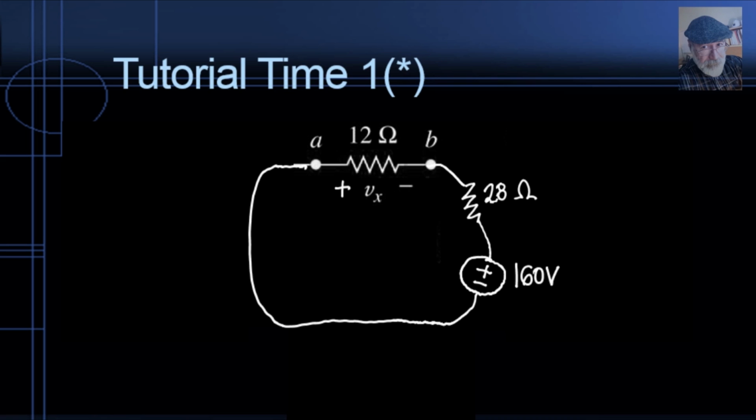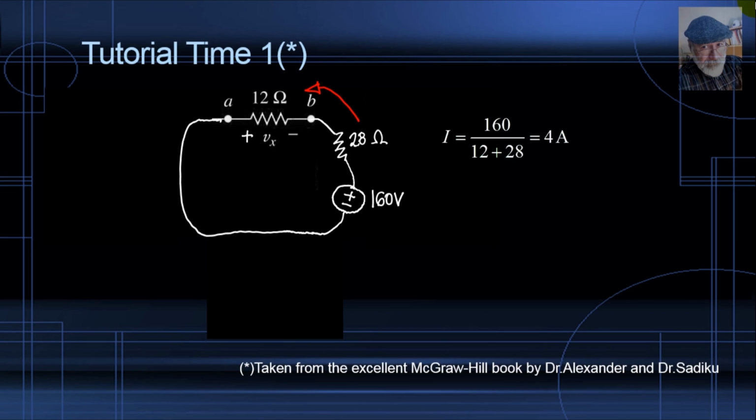Can you tell me what is the direction of the current in that circuit? Of course, the voltage source is imposing current to flow this way. What is the value of that current? Well, you say the value of the voltage source divided by the total resistance, 12 plus 28 ohms. That is 4 amps. Now, those 4 amps will produce an ohmic voltage drop in the 12 ohm resistor with